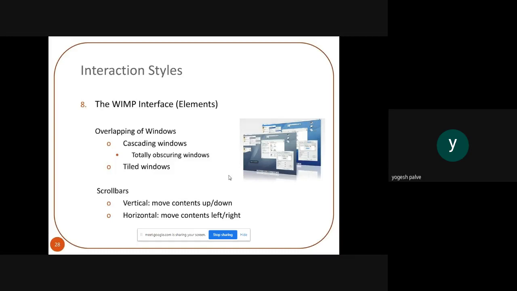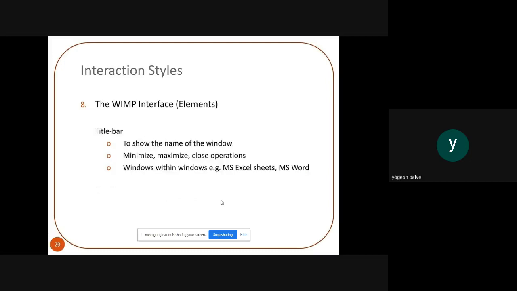Then we will see the scroll bar. The scroll bar comes in vertical and horizontal form. What is vertical here? It moves the content up and down, and what is horizontal? It moves the content left and right. The WIMP interface has the title bar. In the title bar, it shows the name of the window, and it can minimize and maximize the content.